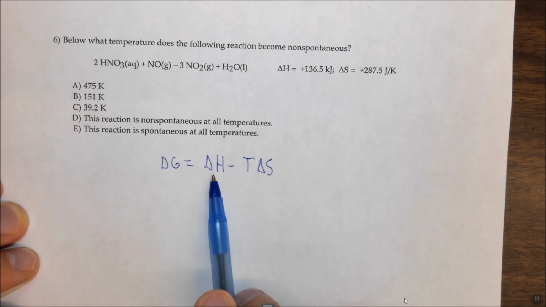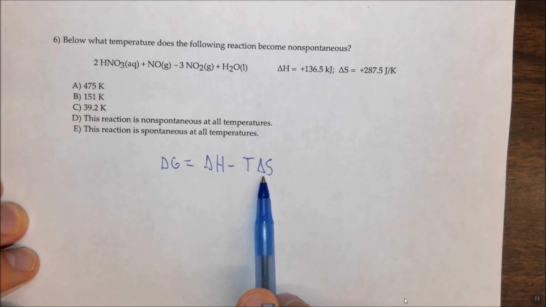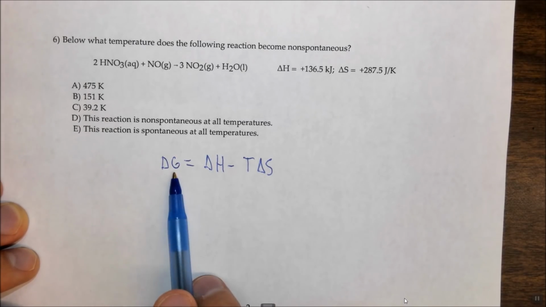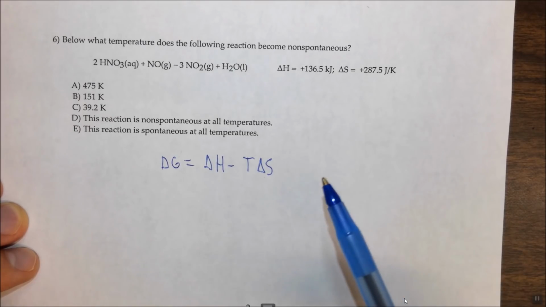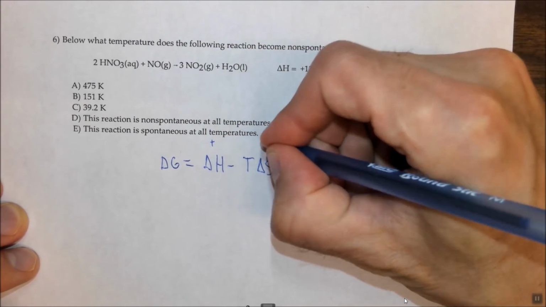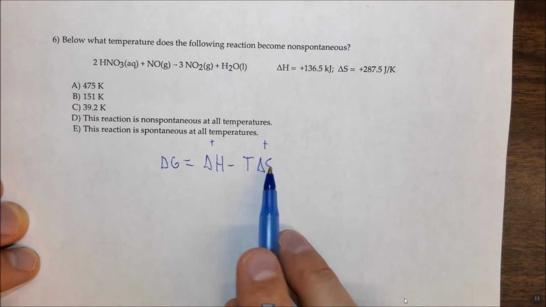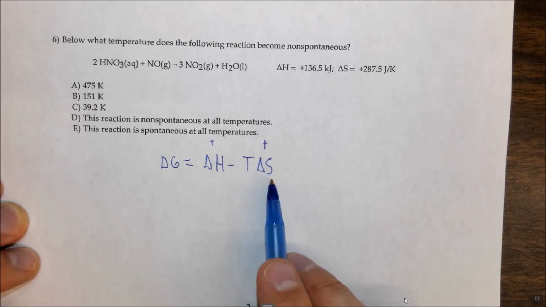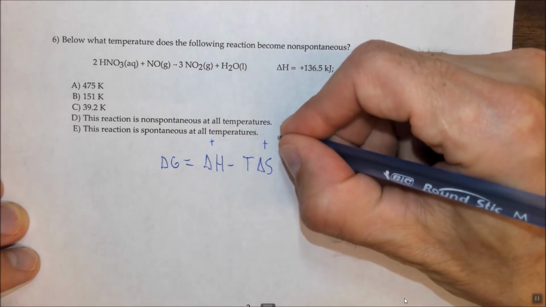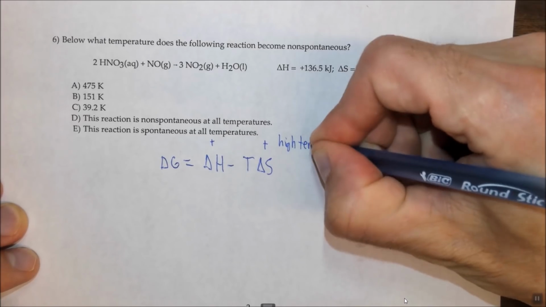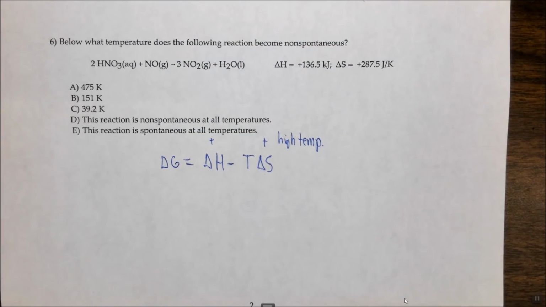When delta H is positive and delta S is positive, delta G can sometimes be negative. Said another way, the reaction can be spontaneous. But if this value is positive and this value is positive, but remember it's minus T delta S, so this will overall be negative, this should be spontaneous at relatively high temperatures. Note that this is relative, right? Relatively high temperature could be room temperature, or it could be 10,000 Kelvin, but it's relative, so we can't say there's any value that's absolutely high temperature. But for relatively high temperatures for this particular process, this reaction will be